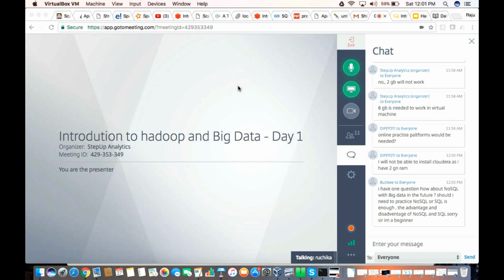They are not like SQL. If you learn MySQL, you can learn any other relational database. That is easy. But here the concept is different. Some will be graph based, like Neo4j, a graph based database that is used by Facebook. Then you have columnar databases like HBase and Cassandra. Then you have key value databases, like Redis. Then there are document based databases like MongoDB, DynamoDB,